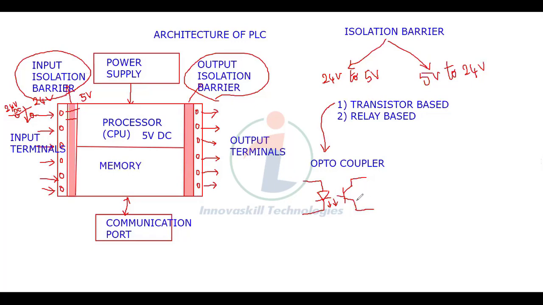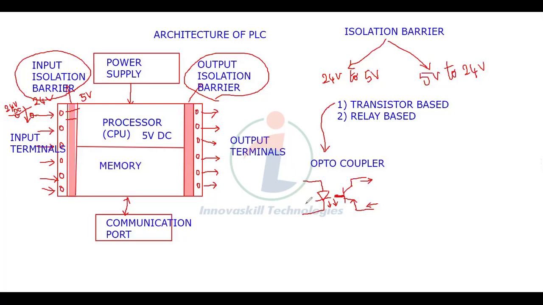Now, what is the work of this transistor? This is not a normal transistor; it is a phototransistor. Whenever any light is emitted from that LED, automatically this base terminal will be energized. If the base is energized, whatever we are giving here will be received here, like a switch. A transistor is a switching device. So whatever voltage we give here will be received here when this base terminal is energized.